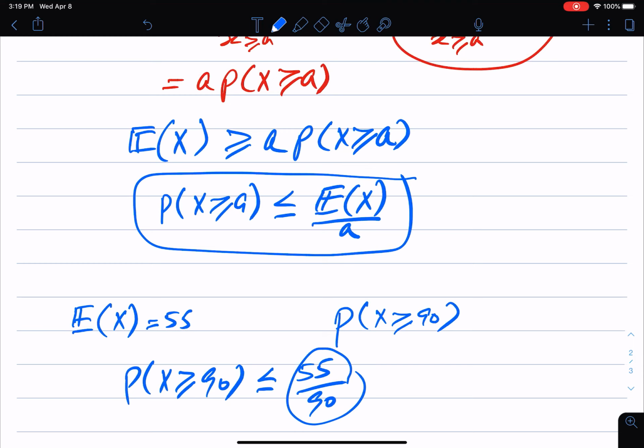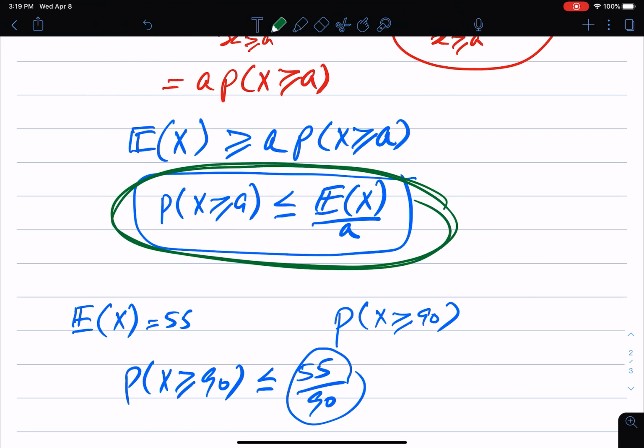This is why we call it a bound. We are saying that the probability that some grade is higher than or equal to 90 is bounded from above by 55 divided by 90. It's not higher than that, okay? So this is Markov's inequality that, again, if I highlight it here once again, it's this region here,